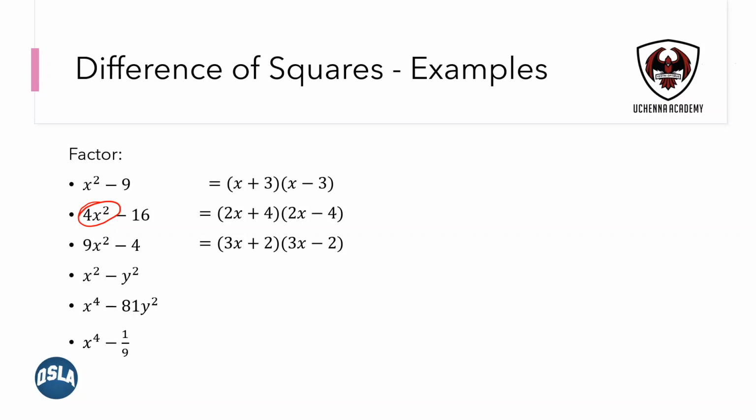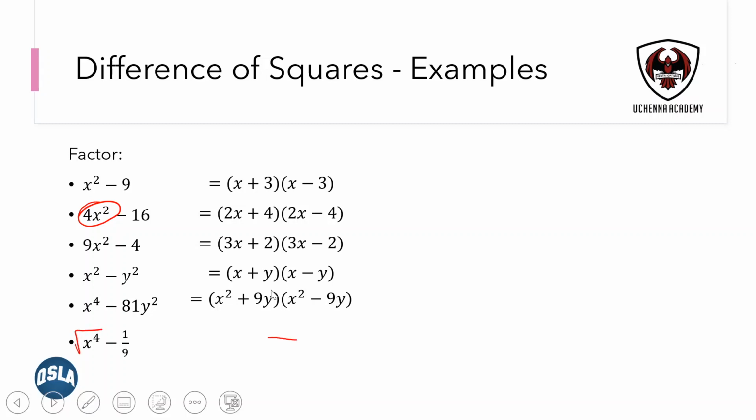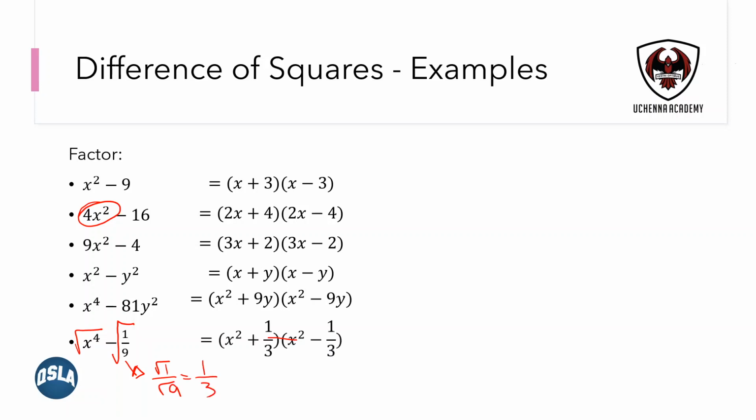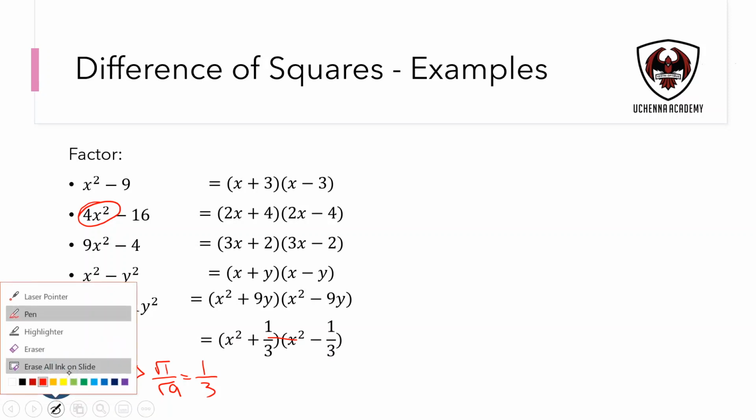The next one, x plus y, x minus y. Next, x to the exponent 4. If I take a square root of that, I'll get x squared. And then I also have to take a square root of 81y squared, which is 9y. The very last one might seem tricky, but it's not. All you've got to do is take a square root of x to the 4, which we've done just in the previous example. And then if I take a square root of 1 over 9, well, that's actually the same thing as writing square root of 1 over square root of 9. And that turns out to be a really cool fraction, just 1 over 3. So nothing to it. x squared plus 1/3 and x squared